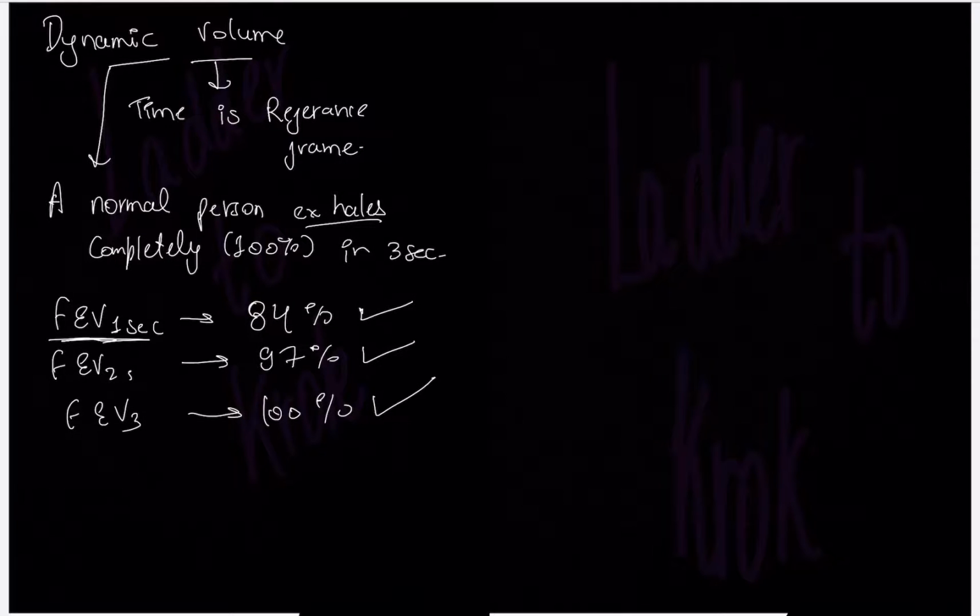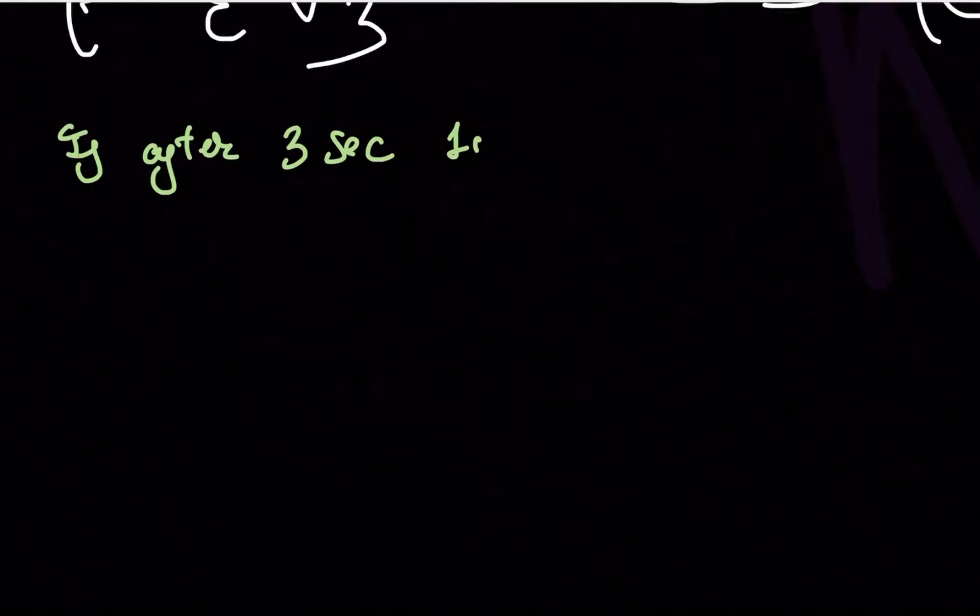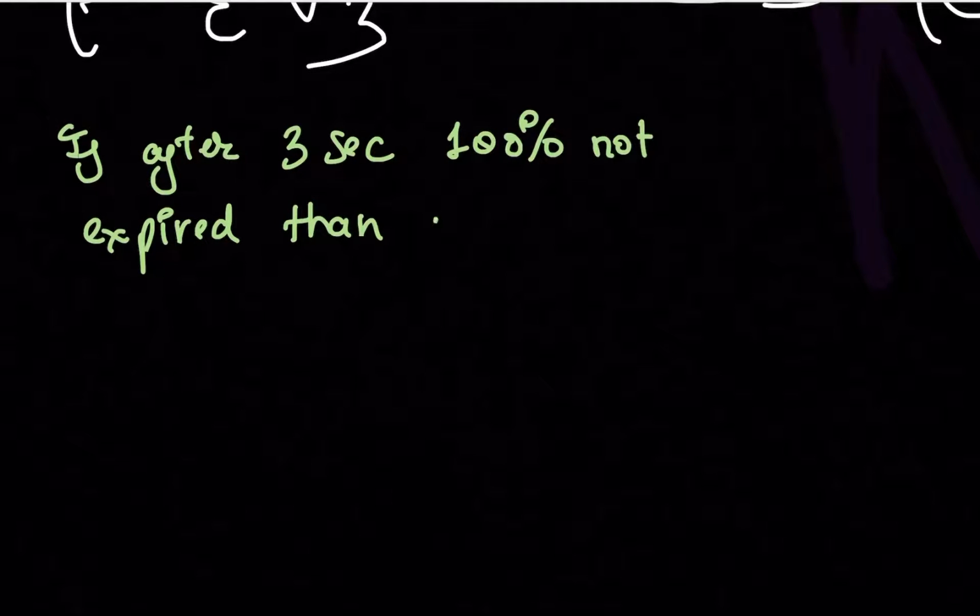Then in the second second they expire 97%, and in the third second they expire 100% of the air out. Okay, if any person can't exhale out, if after 3 seconds 100% of the air is not expired, then the person will have obstructive